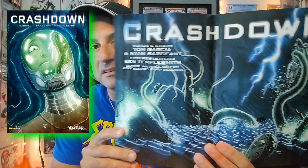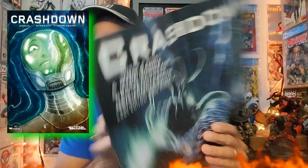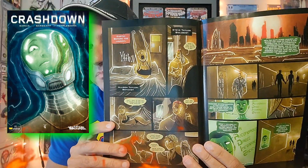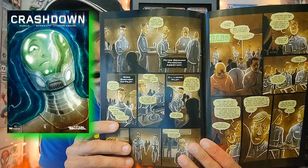The artwork in this book is actually pretty good in the beginning. It's very dark. You get to see there's tragedy that happens, and then you get introduced to the main characters in this book, which I felt the art itself, when it came to the characters, could have been a little bit better. In my eyes, the characters look like they were drawn for more of a lighthearted comic than a science fiction comic, right? So that was my issue with the artwork,